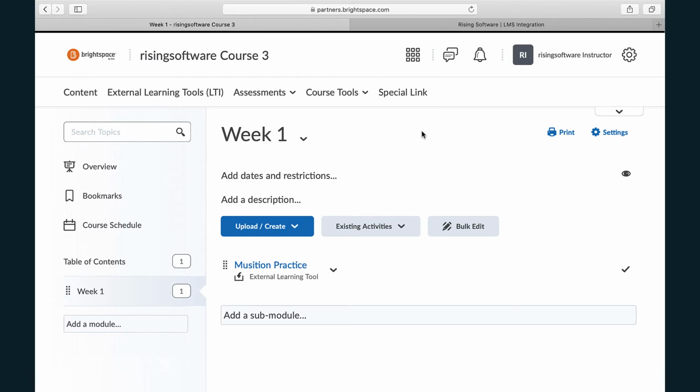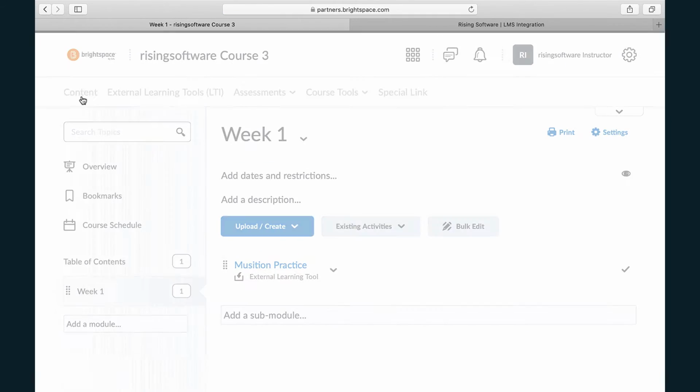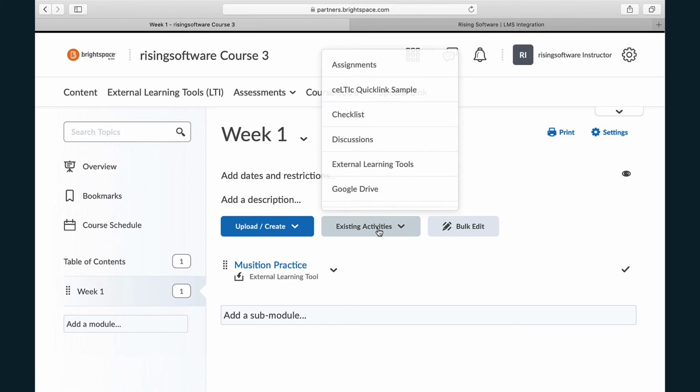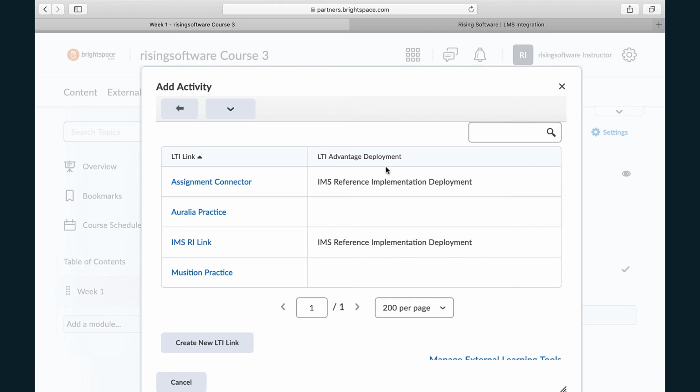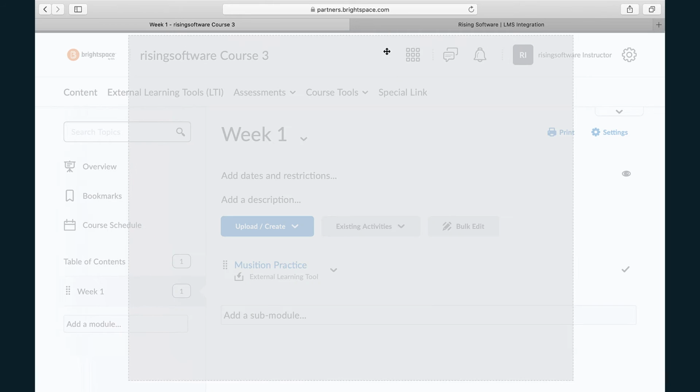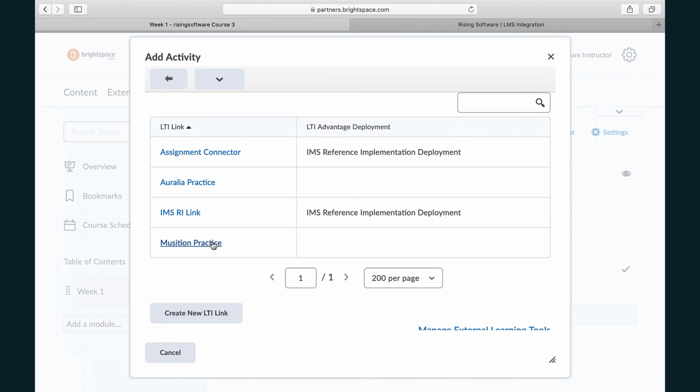Okay, so next we're going to attach a specific task in D2L to a worksheet or a test in Auralia or Musician. So again, back under our content area here, we'll go to existing activities, external learning tools, and in here, rather than using the practice launches, we're going to create a new LTI link,